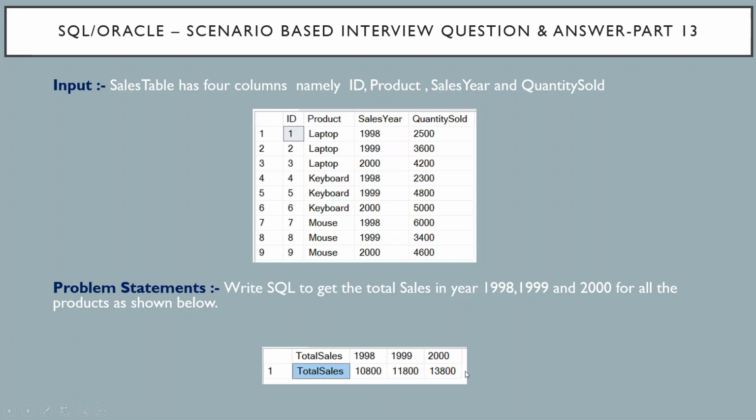So all sum of the sales has been shown in the output table. So if you come back to our main table, you can see the column sales year. So if you see the unique value in the sales year, it is 1998, 1999 and 2000. So these unique values in the sales year column are coming as a header in the output table, and correspondingly I am giving the total sales for